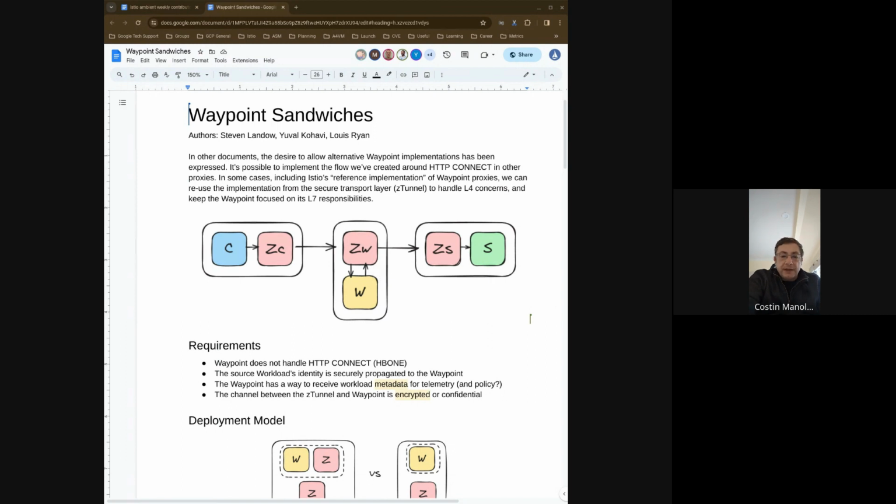Not a problem if W is per namespace, as you said. I mean, we are probably okay with that. But as we go to gateways plus the tunnels, or we go to multi-tenant waypoints, it's a problem. Well, gateways already don't do this check. Right, ingress gateways. They do now,